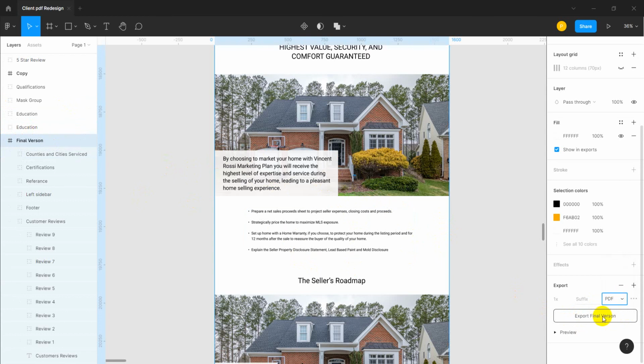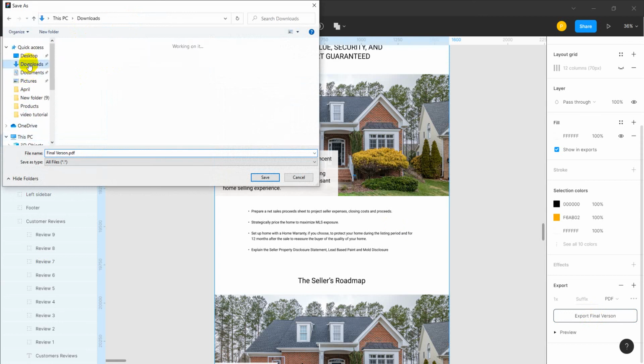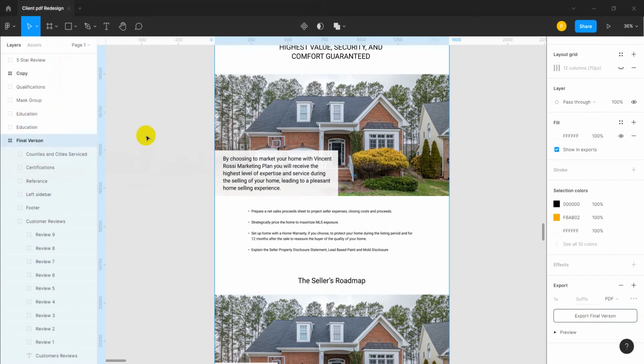I just choose PDF and export. I just did it here, download, and I will put the same things here. Okay, I just replace this one.